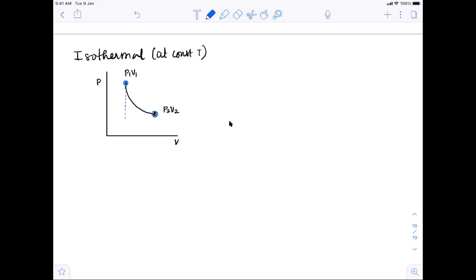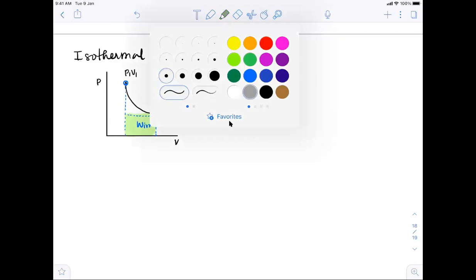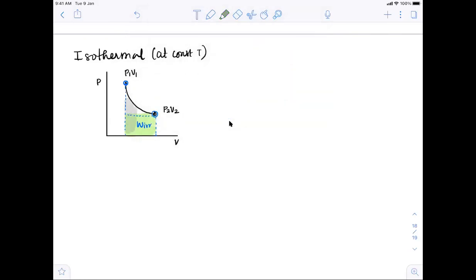In irreversible there is no graph, but all I know is that this change can be done. To show the evidence, we can just check out the work done. The area under this curve is the work done irreversible. And the area under the big curve here, this entire one, that is the reversible work.